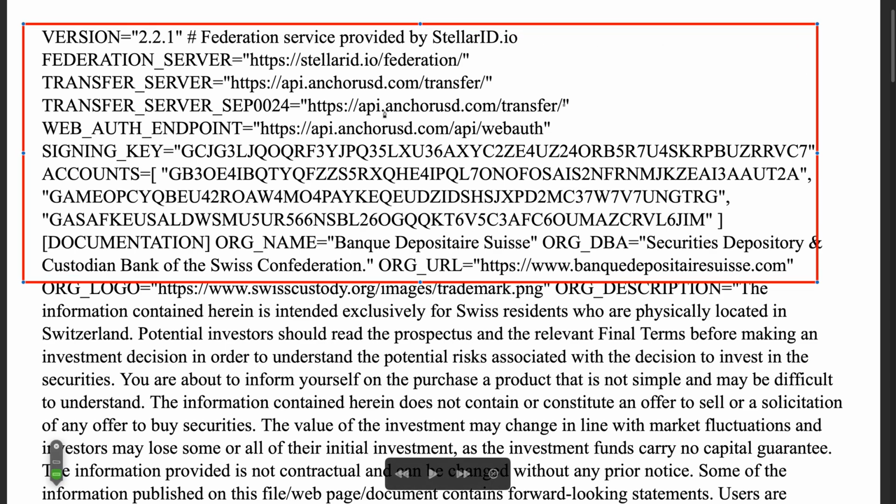It shows you here that they're tied into a server at an endpoint, which is the Anchor USD API, right? So from the start, they're set up to be, I think Whiplash said it best, it's looking like they're a clearing bank, just from the transactions and the amount of,